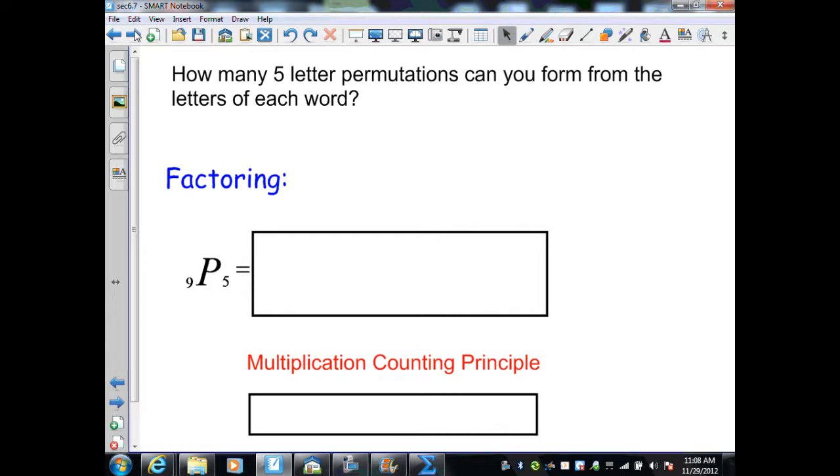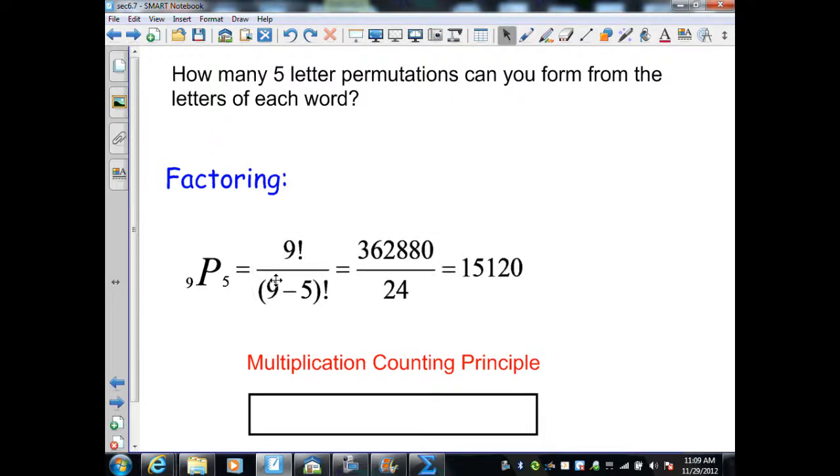Here, how many 5-letter permutations can you form from the letters of each word? So here I have the word factoring. I have a total of 1, 2, 3, 4, 5, 6, 7, 8, 9. So in my permutation, I have 9 total items and 5 items that I need to count, because that was what was given in the problem. So I'm going to substitute that into the factorial. And what I get is 9 factorial over 9 minus 5 factorial. And when I simplify, I'm going to get